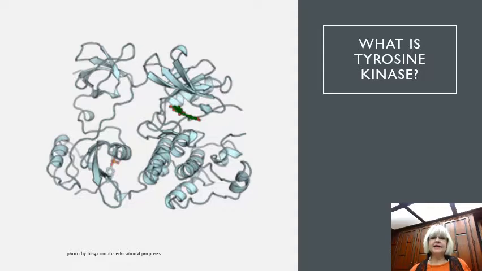So a tyrosine kinase is an enzyme that can transfer a phosphate group from an ATP to a protein in a cell. It functions as an on-off switch in many cellular functions. So they are a subclass of the protein kinases, and the phosphate group is attached to the amino acid tyrosine on the protein. So tyrosine kinases are a subgroup of the larger class of protein kinases that attach phosphate groups to other amino acids like serine and threonine.